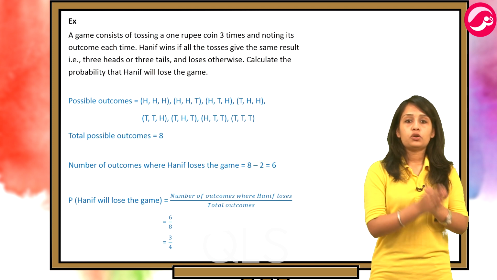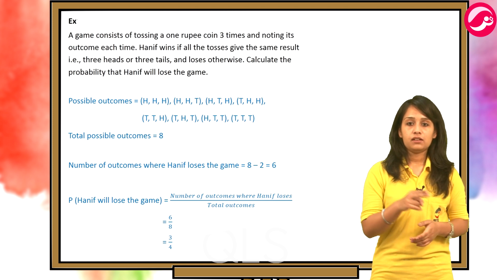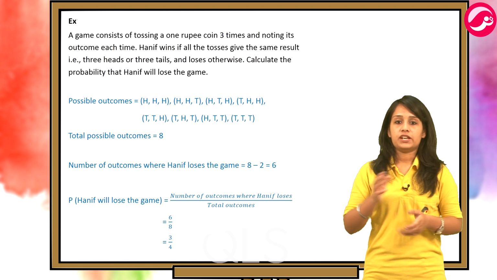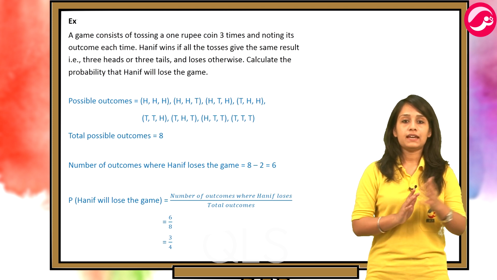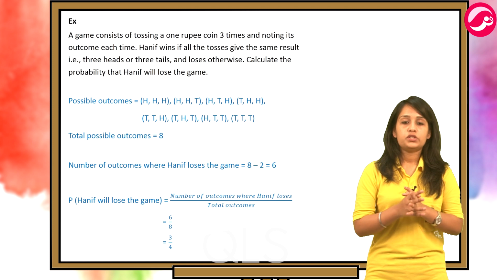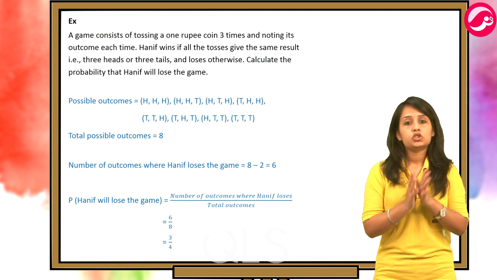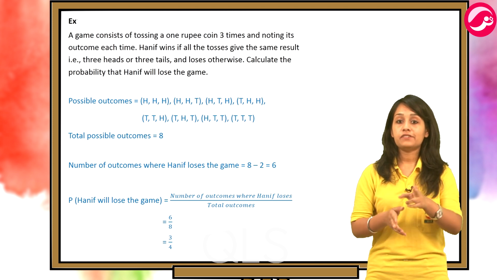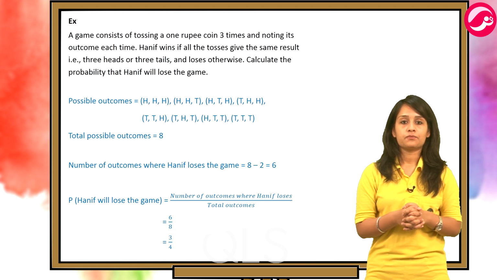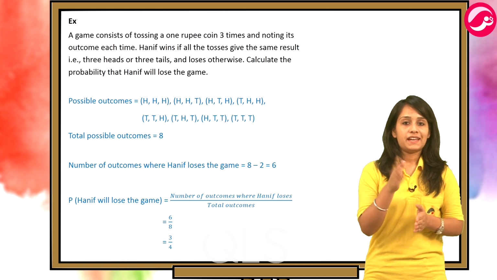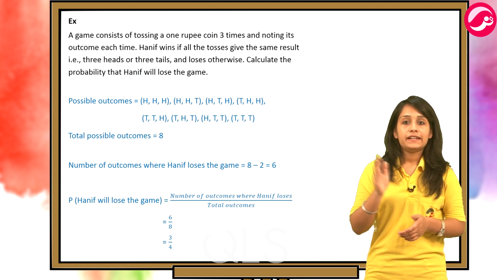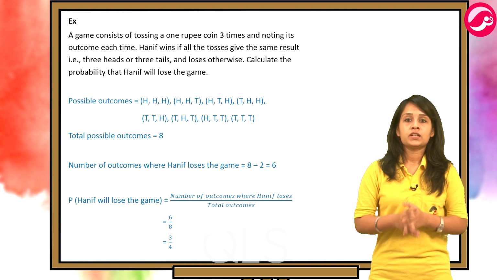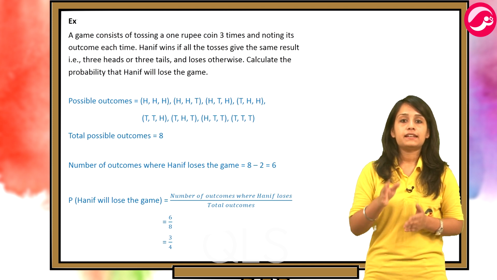We know that coin tossing के 2 outcomes होते हैं, head H and tail T. So let first set be H H H, means तीनों बार heads आया, and then tails tails tails, which means तीनों बार tails आया. So ये 2 sets ऐसे हैं जिसमें all tosses are giving same result. So Hanif will win in these 2 cases. Rest of the cases will be HTH, HTT, THT, THH, HHT and TTH. So these are rest of the 6 cases that can occur.